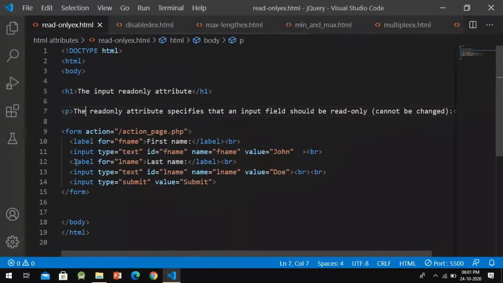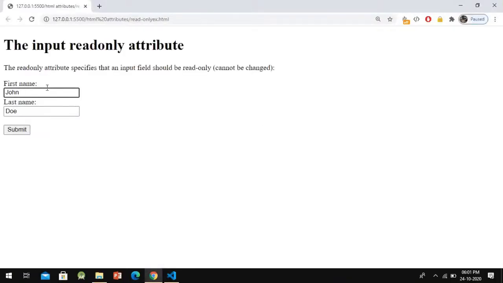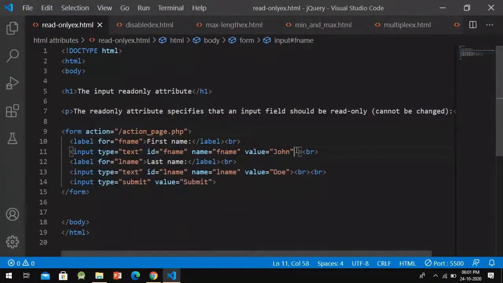So you can see here an input tag has been created, and I just write readonly. First of all, let's see how it works without readonly. I will open it with live server, and when you see this John, I can erase this and I can type it again. So that's the basic thing. But when you apply just readonly